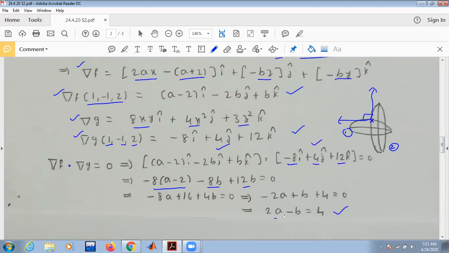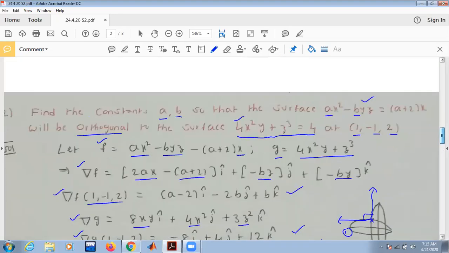There are two unknowns here. You want to find out two unknowns. It is ideal to have two linear equations, right? So how do you get the second equation? Any idea? Readily, we have one equation available, 2a minus b equal to 4. If I want to find out two variables, if you have one more linear equation like this, it will be easier for us to find out. How can we find out the second equation? See the data.